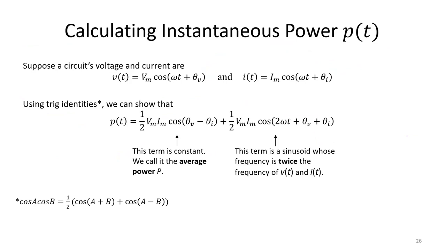So now we've covered RMS power. Let's now talk about another kind of AC power called instantaneous power. We've actually worked with instantaneous power already. Instantaneous power, or P of t, is the power delivered by our AC circuit at any time t. And we can derive that if we have a voltage given by a sinusoidal signal Vm cosine omega t plus theta v, and if we have a current given by Im cosine omega t plus theta I, we can plug into that trig identity from earlier,